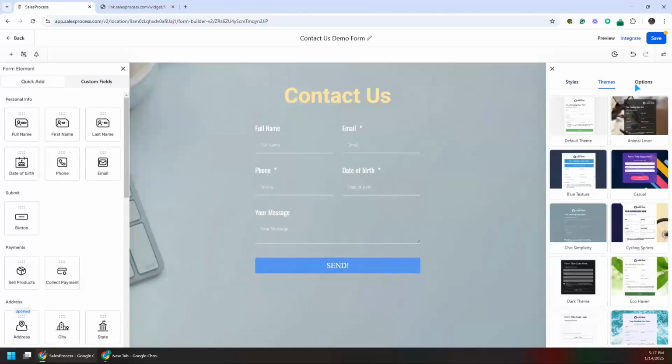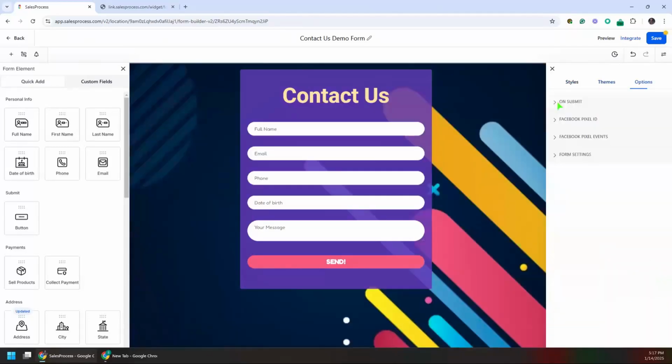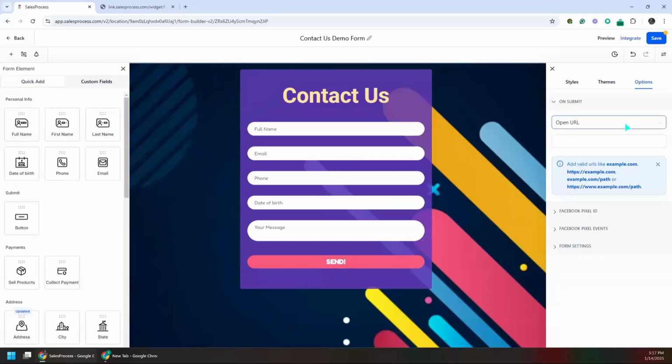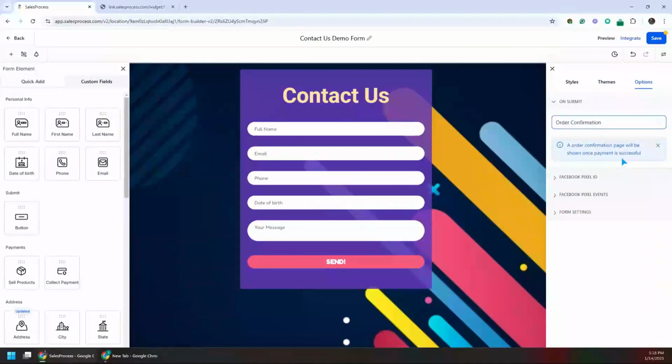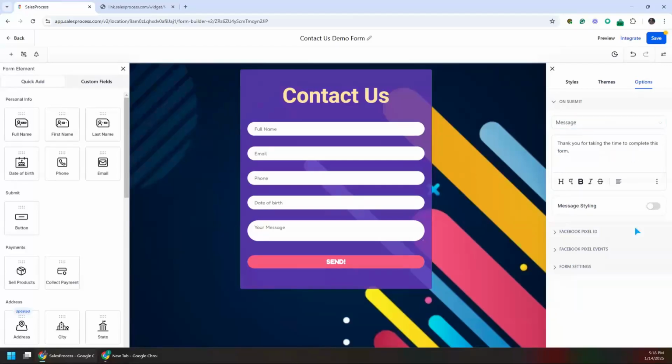And in the options. So now, what should happen if somebody fills out this whole form and clicks this button, send? Should it open some sort of website? Should it display a message? Should it send them an order confirmation? Now, what should happen? We can use it in here. Right now, I would put up this message button, and we can use the message styling to style this message